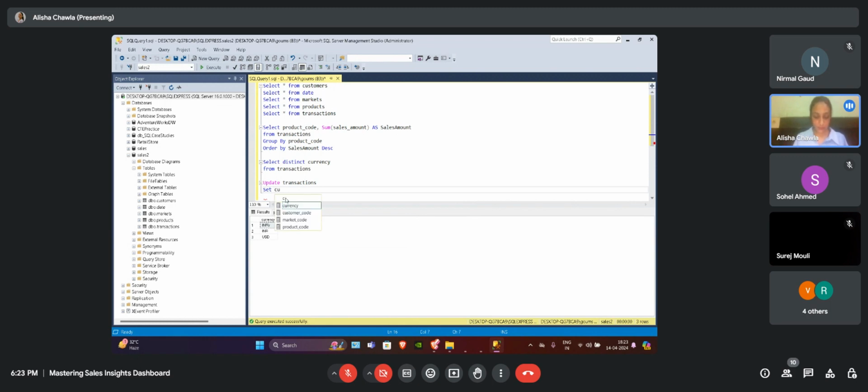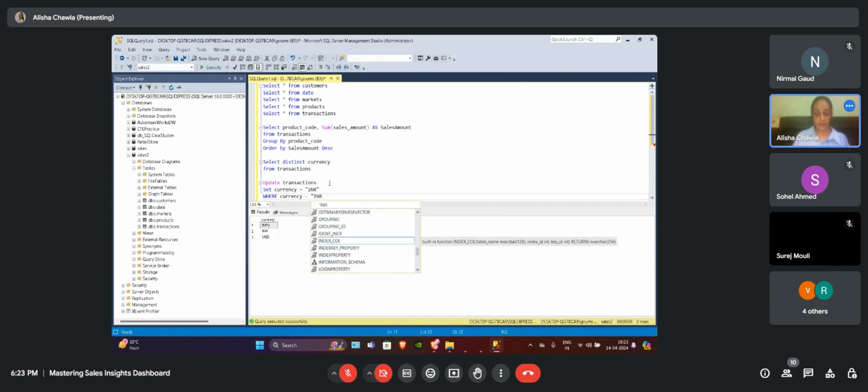Set currency is equal to INR, where currency is equal to the mistyped value.